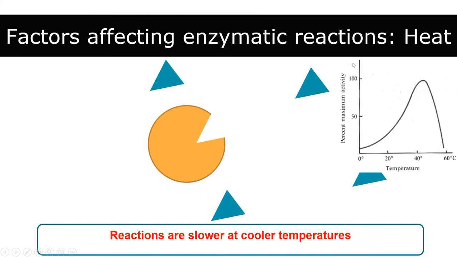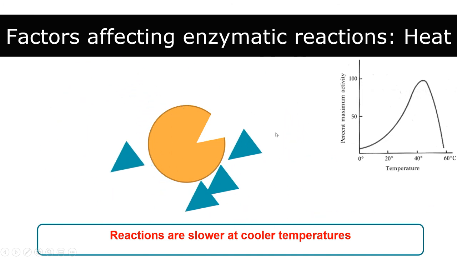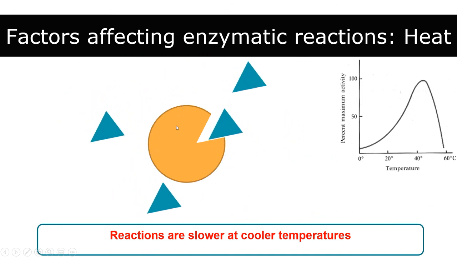So if we look at this graph here, and you do have to be able to draw them and explain what's happening in here. And so we're looking at temperature. So this is activity of an enzyme against temperature. And so what's happening at this end between 0 and 20 degrees is that not much product is being created. And the reason why is that when we're at lower temperatures, and this is just physics, components just don't move around very fast. They're kind of sluggish. And so if the substrate isn't moving around very fast, it's less likely to encounter that enzyme. And as it's less likely to encounter the enzyme, the reaction is just going to proceed slower